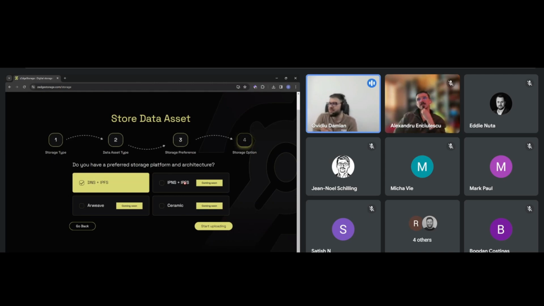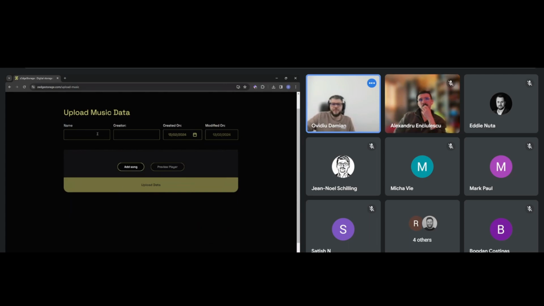And this is what we're using to build. Once this is ready, this is going to be very cool, because one can use IPNS without having any domain, without buying a domain, stuff like that. But until then, DNS plus IPFS, and boom, you can just